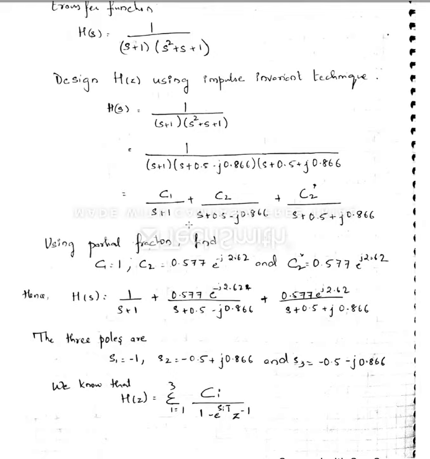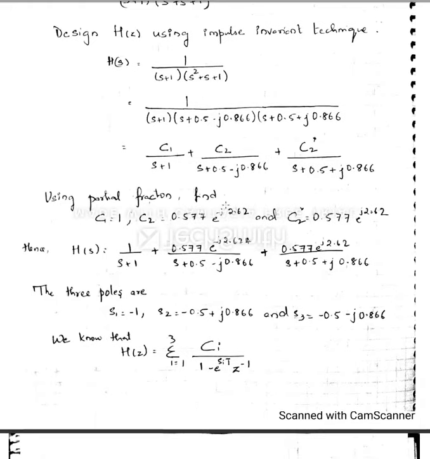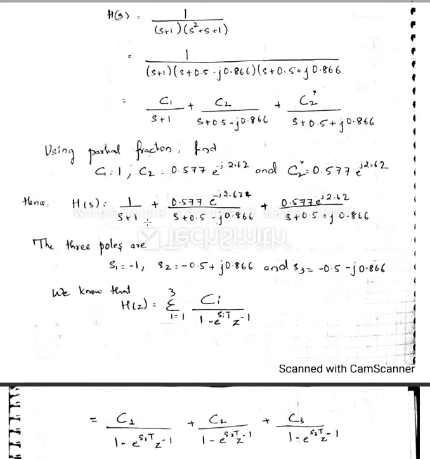So find C1 and C2 using partial fractions. You would have this multiplied with this, so you will be left only with C1 by s plus 1. So this particular transfer function will be multiplied by s plus 1, so s plus 1 gets cancelled. So the pole here is, you would compare this with 0, s plus 1 equal to 0, so s will be equal to minus 1. Substitute the value minus 1 in this, you would obtain C1. Similarly, obtain the value of C2. I hope you know the concept of mathematics in partial fractions, please make use of it here. So with that, you find the value of C1 equals 1, C2 and C3.